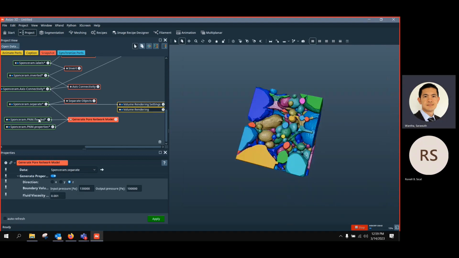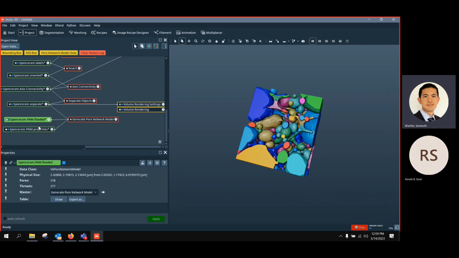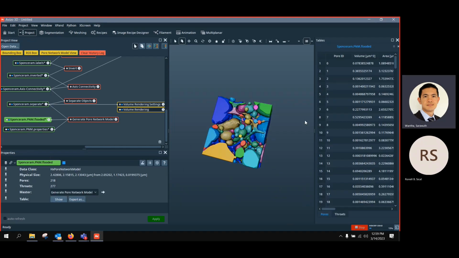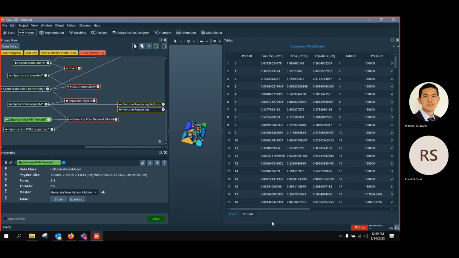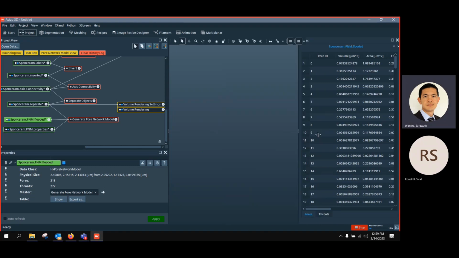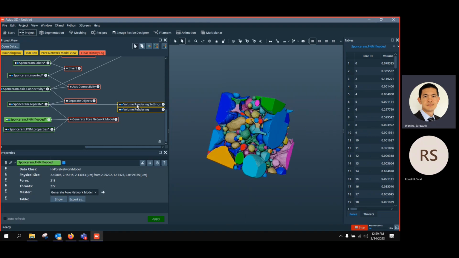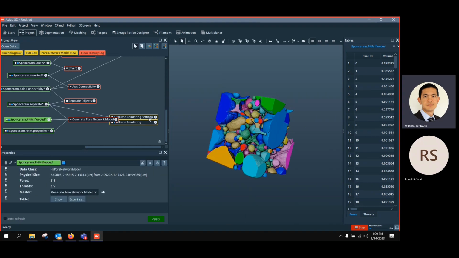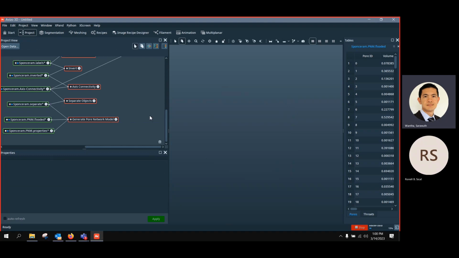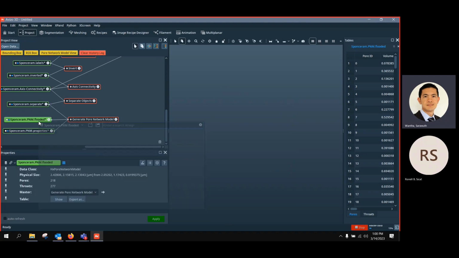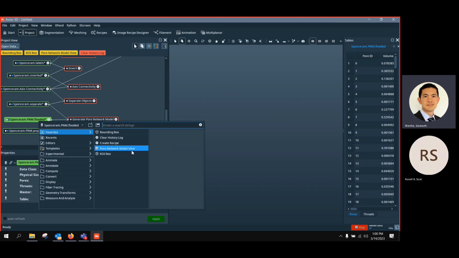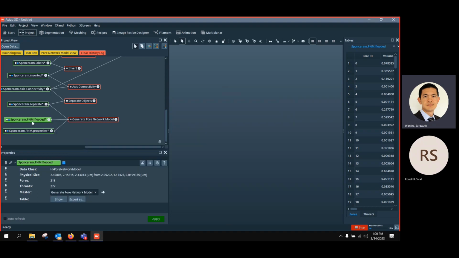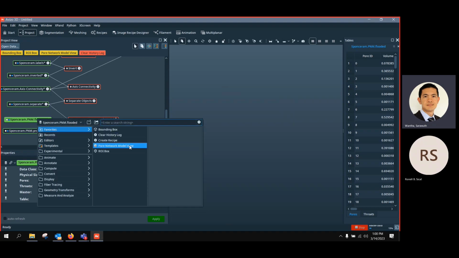Okay, and then we have the two results. So we have this result here of the pore and throat. Let's take a look at the image first to understand. To visualize the result, the properties here, you need to attach a so-called pore network model view. So you have this flooded, not the properties. So attach the pore network model view to the